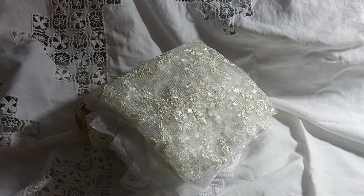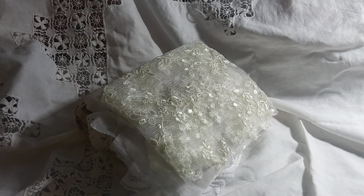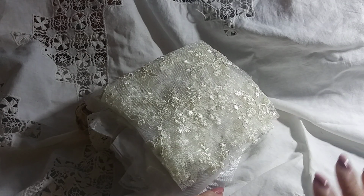I recently discovered a new source for some really great crafting supplies, and it's a relatively new store. It's called Bella Vista Marketplace, and I have been in communication with the owner, Sharon, and she's super sweet. She sent me a box of goodies, and I'm going to be making a project with it in the future. I just wanted to share it with you guys because it's a really great place to go shop